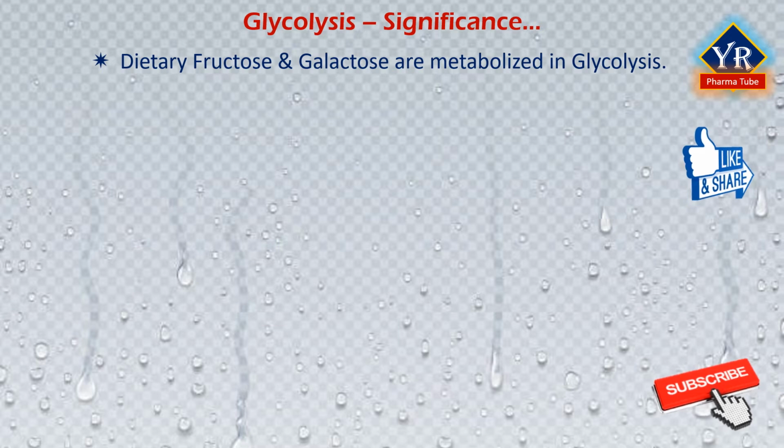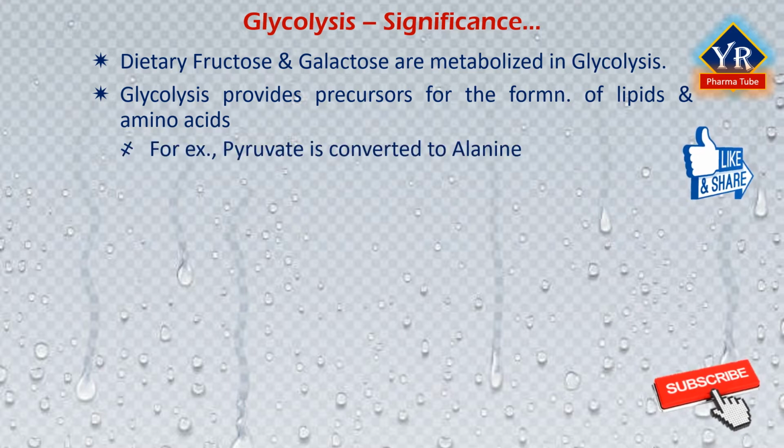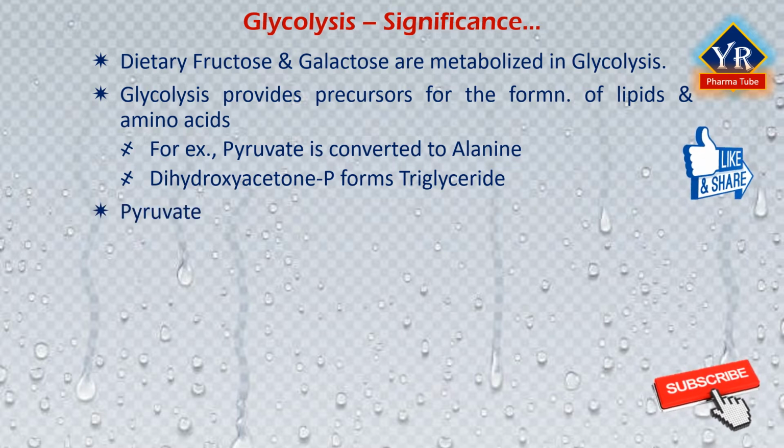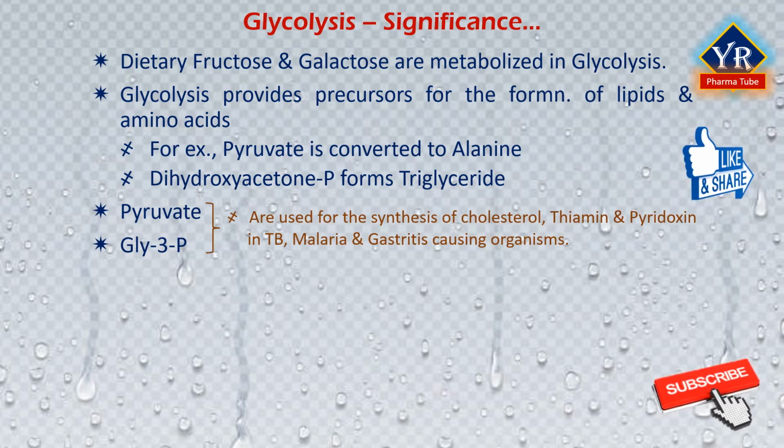Glycolysis has an amphibolic role also. It provides precursors for the formation of lipids and amino acids. For example, pyruvate is converted to alanine by transamination and dihydroxyacetone phosphate serves as a precursor for triglyceride formation. Two glycolytic intermediates, pyruvate and glyceraldehyde 3-phosphate, are used for the synthesis of cholesterol, thiamine, and pyridoxine in tuberculosis, malaria,